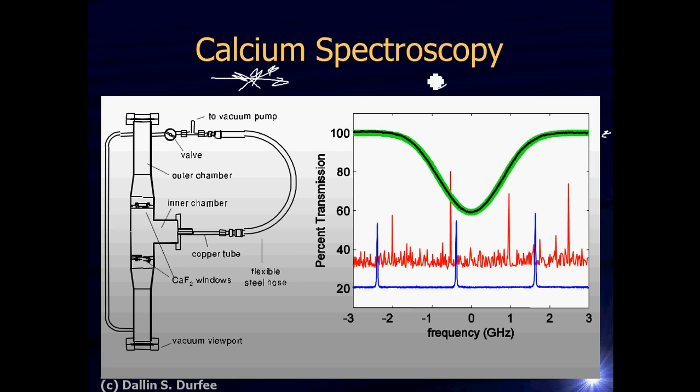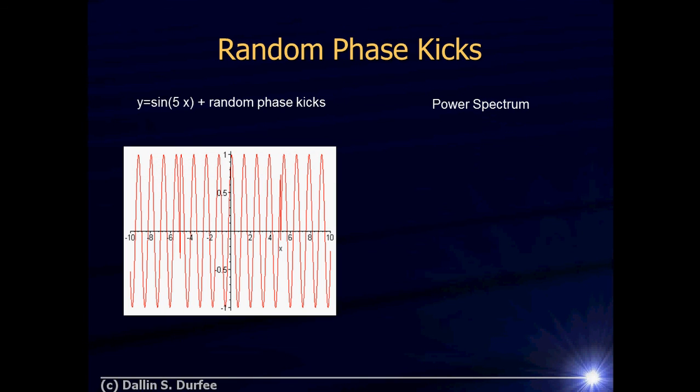But in addition to that, there's broadening because the atoms collide with each other, and we were trying to understand that. And we realized that you could understand that very well using Fourier transforms. So if I had a pure sine wave and my atom was just sitting there absorbing it, right, it would see